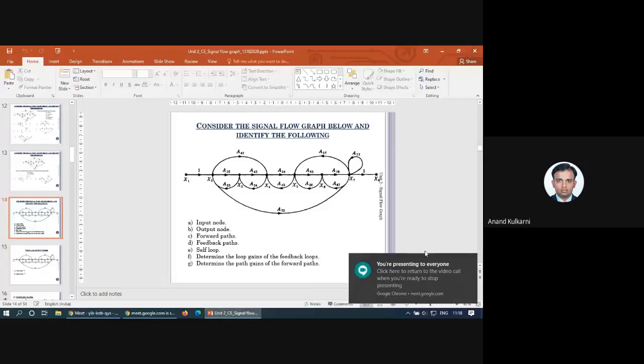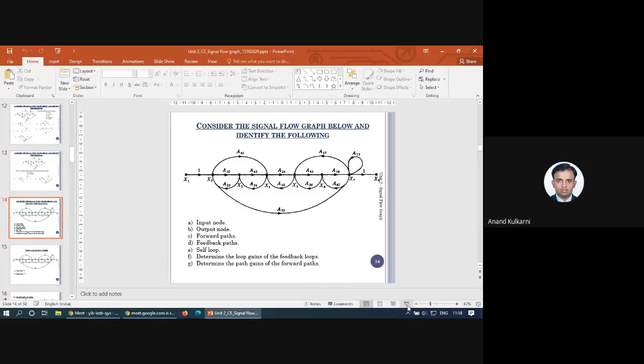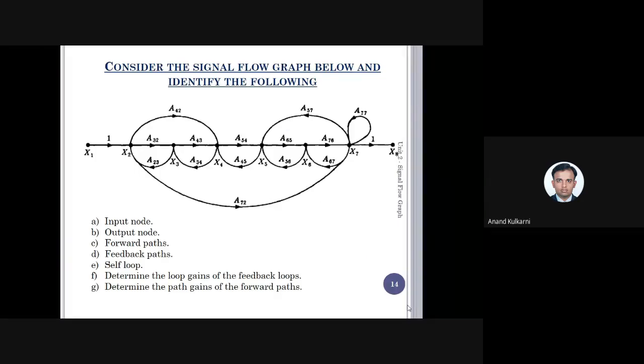and remember, as we had done in block diagram, signal flow graph is also for 10 to 12 marks. It is very important and very simple. So for this, we have just discussed something. To practice, I want you to take down this drawing and try to answer all these points. Then we'll discuss the solution, and during that time we can cross check. Spare 5 to 10 minutes, then we'll go ahead with the solution. Everybody open your book, start doing it.